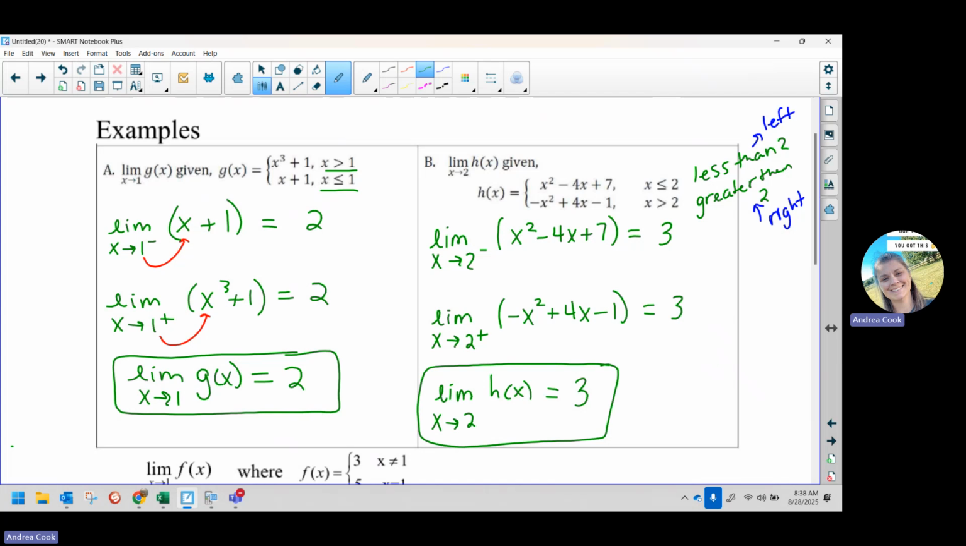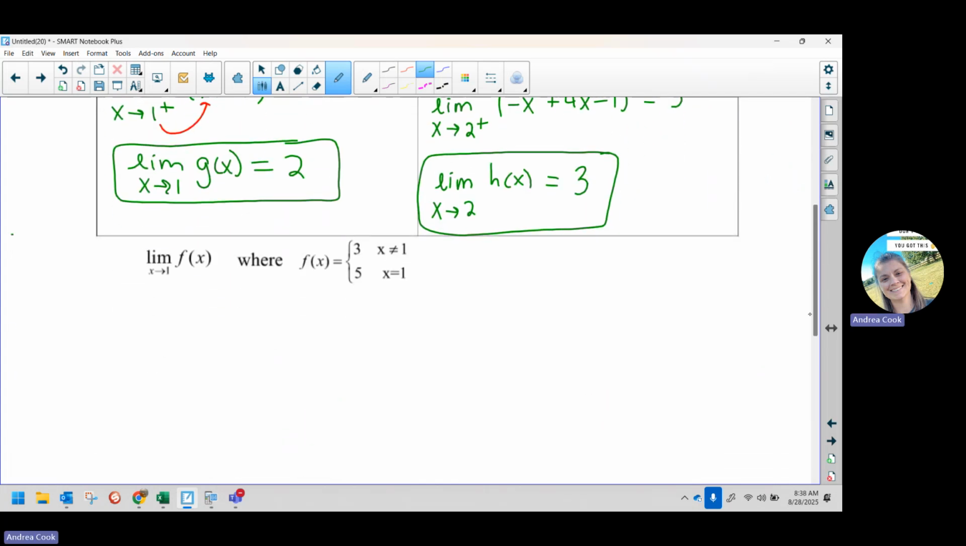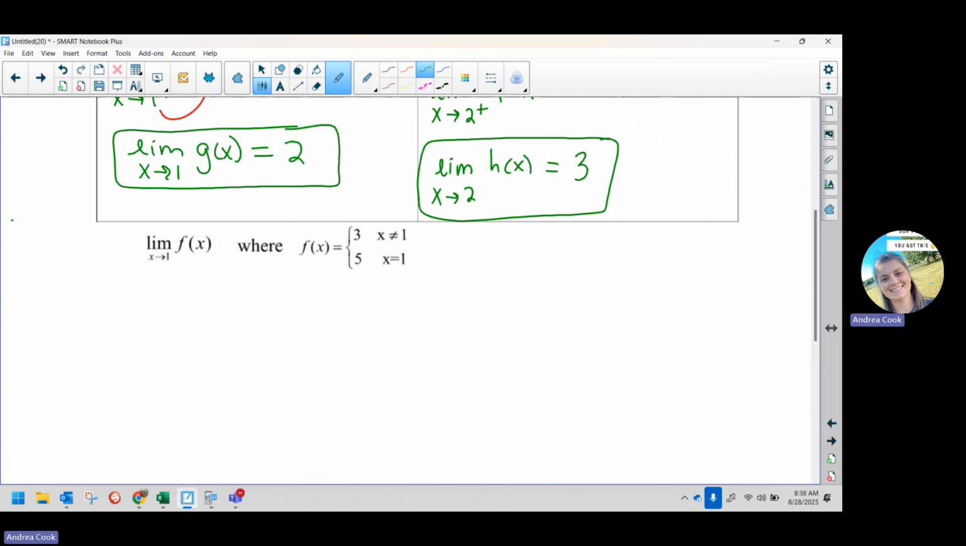All right, the next piecewise function, I can sketch pretty easy because they're horizontal lines. So I'm going to show you this one visually. So I'm finding the limit as x approaches 1 of f of x. And f of x is that piecewise function. So if I sketch a graph,